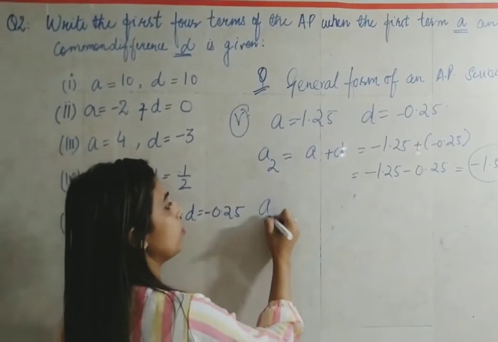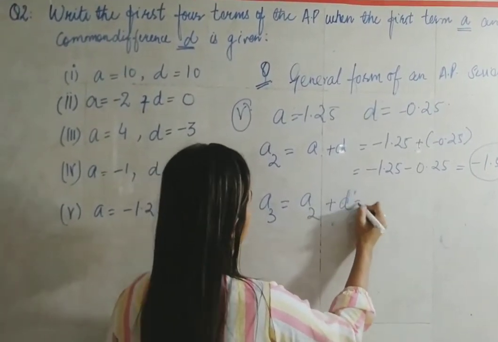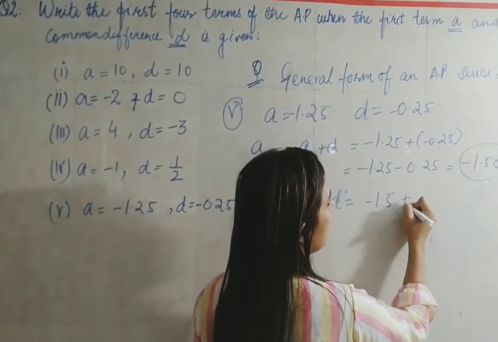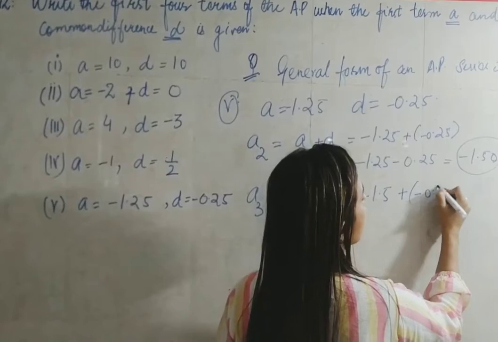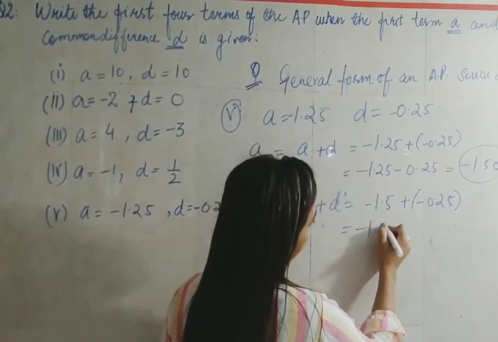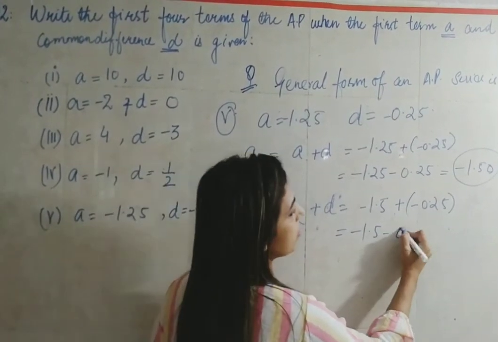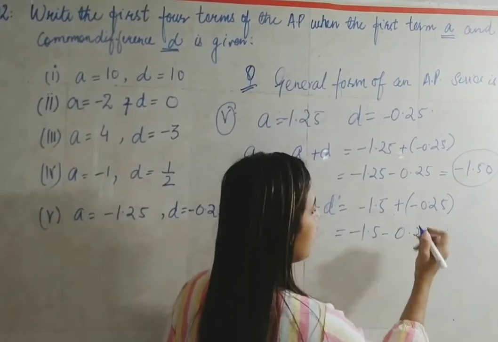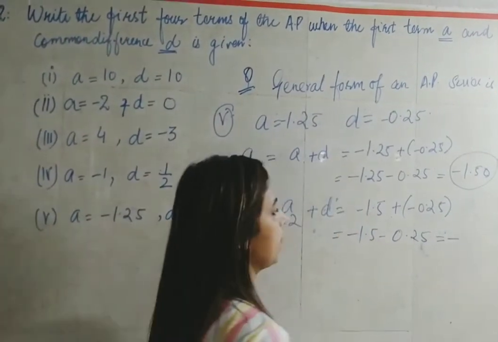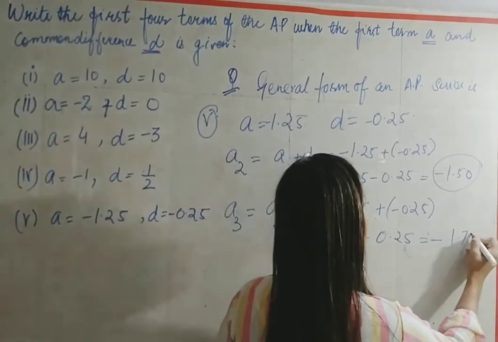Now let's find out A3, that is A2 plus D. Here A2 is minus 1.5 plus D is minus 0.25. So we'll get minus 1.5 plus minus 0.25, and it will become minus plus, but the sign will be of minus. 1.5 plus 0.25